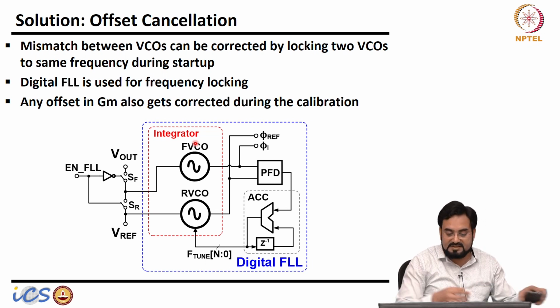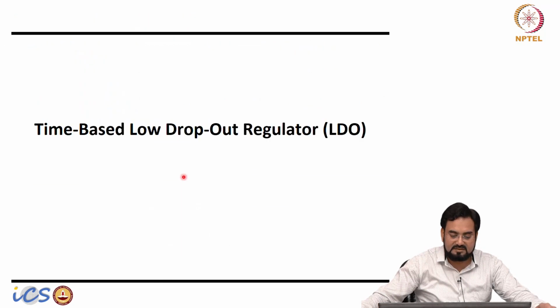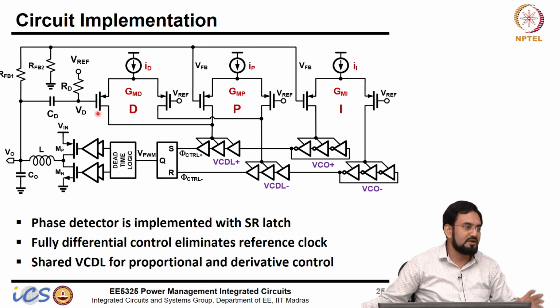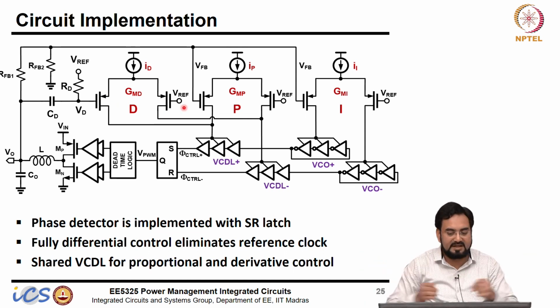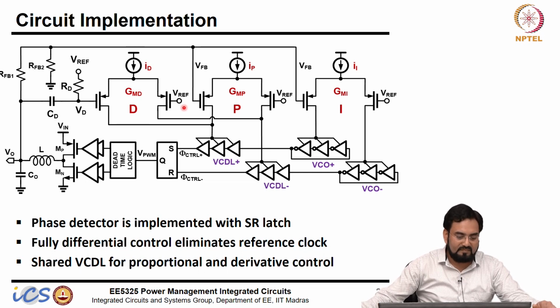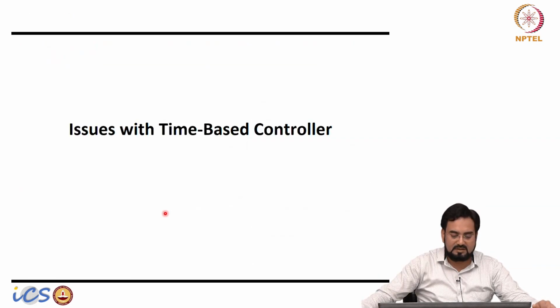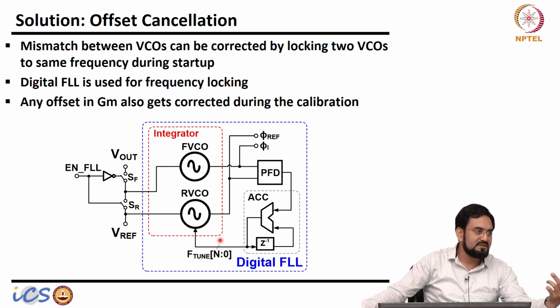Another advantage is, I am only showing the VCO here, but if you have this kind of implementation, with this diff pair, everything will be in the loop. So any offset due to this diff pair will also get cancelled out. The offset due to mismatch in VCOs and the offset due to mismatch between these diff pairs, everything will be taken care of in that one single FLL. After that, you connect your feedback voltage back and close the loop, and it will run in normal operation. It's like a static offset cancellation, which we were doing in the error amplifier.